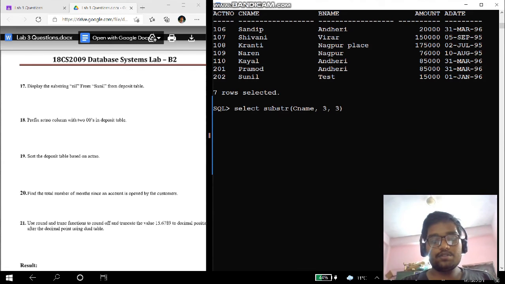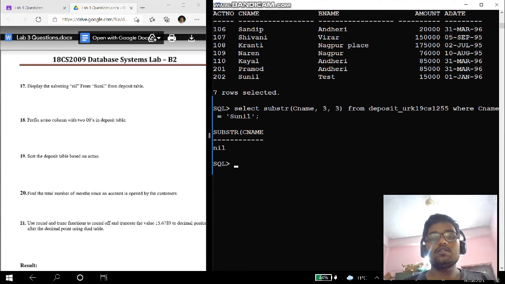Now we need to mention the table name, and we need to use the where condition such that it selects only the customer name Sunil. Customer name equals Sunil. You can see the substring NIL has been retrieved from Sunil.